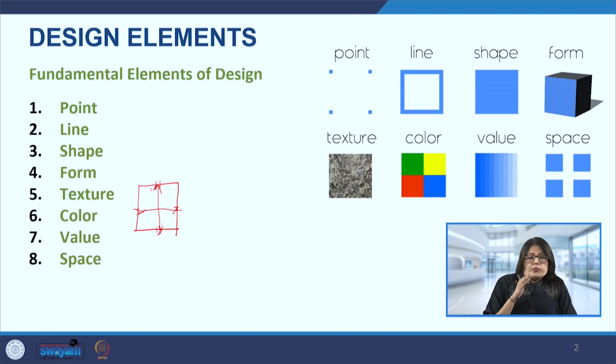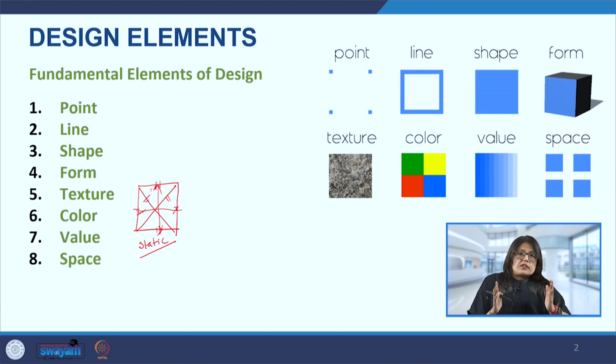So now there is no room for the eye to expand any further, and for that reason this square picture plane becomes a static picture plane, because here eye movement is restricted in the vertical, horizontal, and also, if you see, diagonal. Even the diagonals are equal: this diagonal is equal to this diagonal. So now the eye movement is sort of static in terms of the boundary that is presented to us by